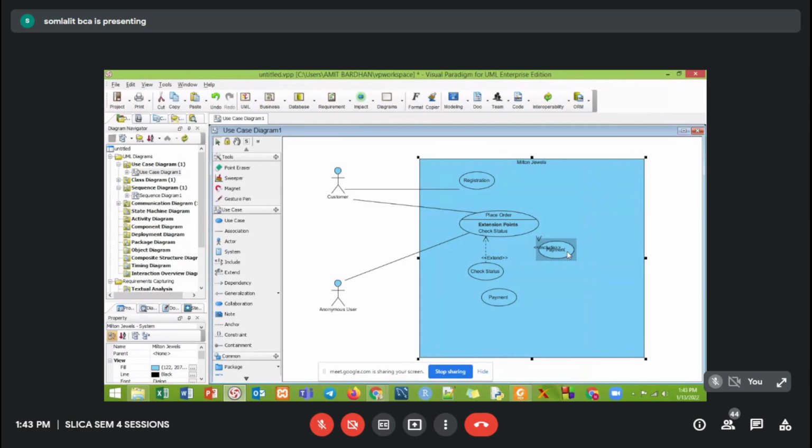Okay, now look over here. They have prepared the login case. They have prepared a sequence diagram for the login case. But what was asked and what did they make? Okay, what was asked is registration, placing the order and so on. After registration, if you want to log in, then you can give login.